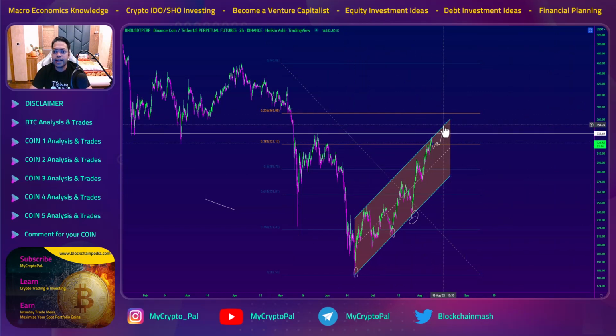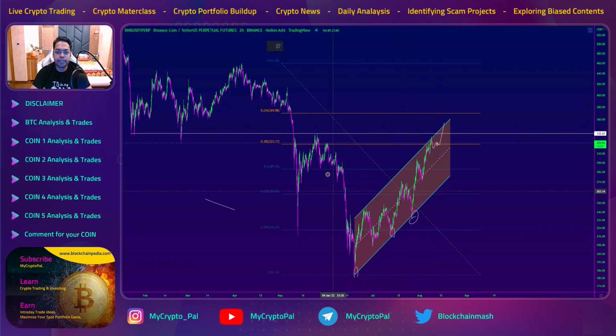That is why I would like to short BNB somewhere in the top of the parallel channel right here. Yeah, 351 to 342 is the zone where I see BNB trading, or where I would short BNB. The best area is to short it over here. Yeah, so the same pattern, swing failure pattern.